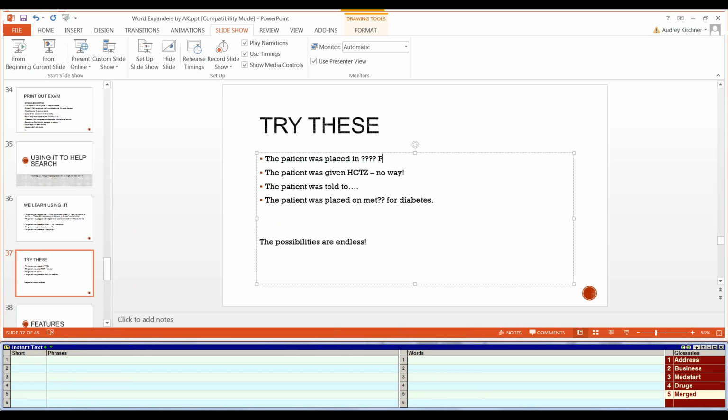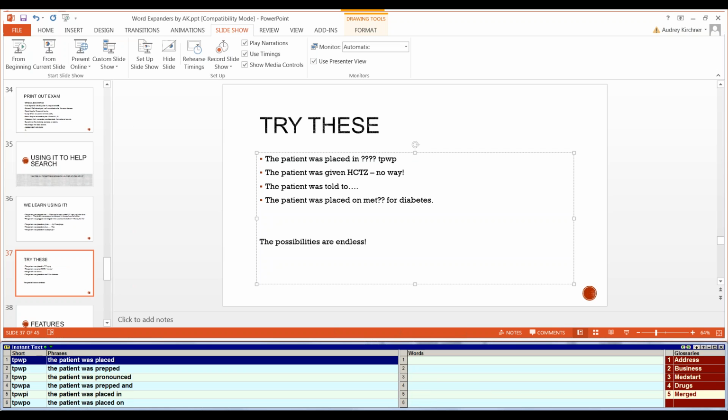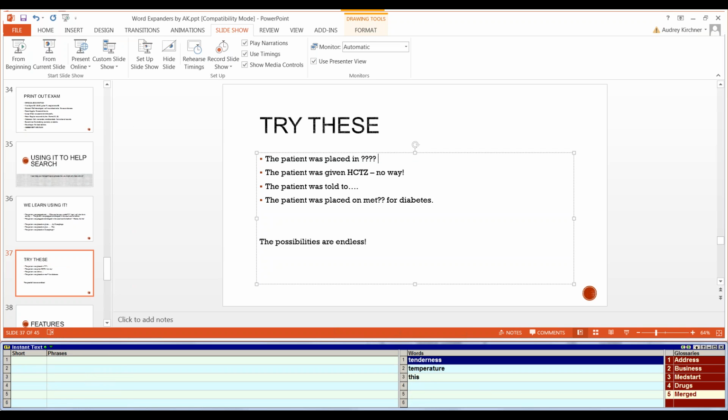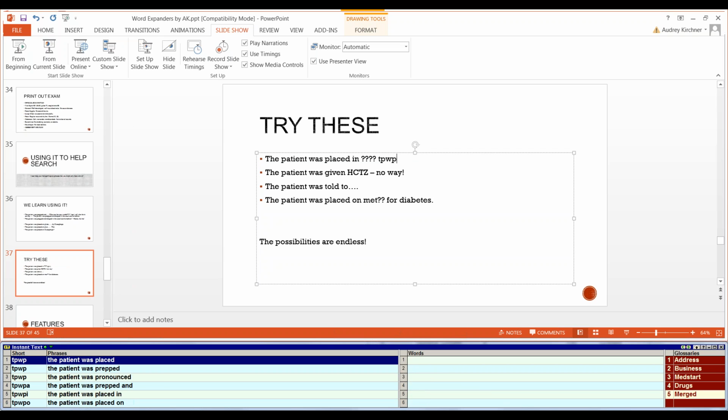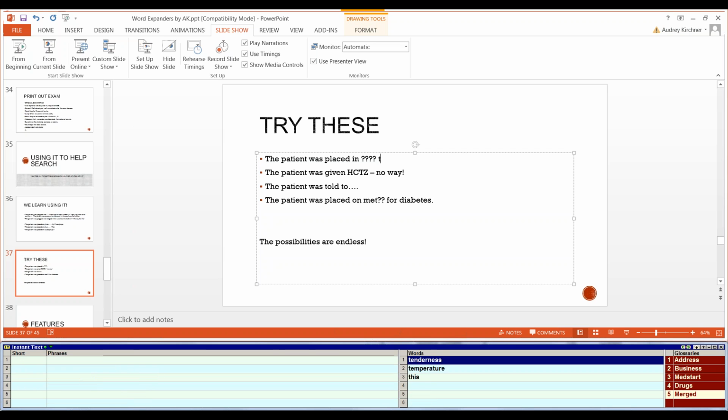I think I needed the patient was placed. I believe it just went by me. There you go. Trendelenburg position, for example. The patient was placed in T. Well, maybe we're looking for lithotomy, but if we heard a T, the patient was placed in Tren. It didn't come up. The patient was placed in